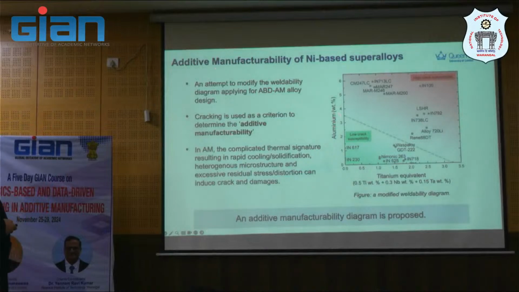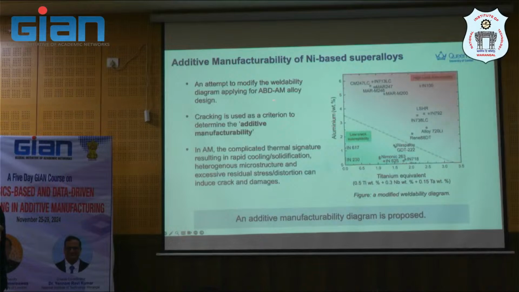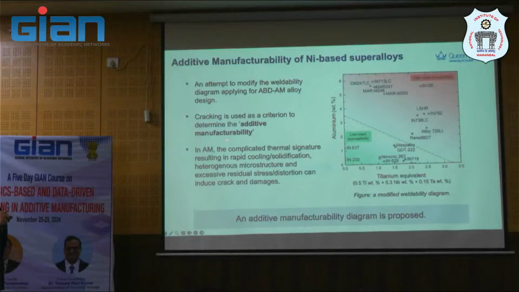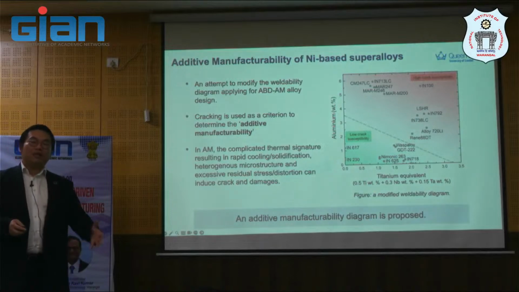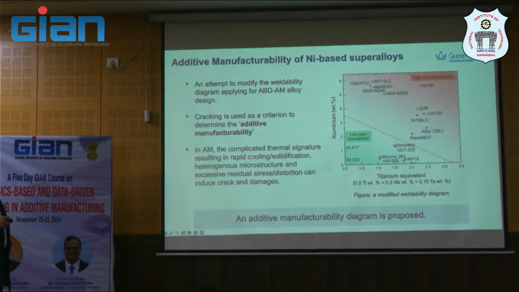And then the next attempt, we modify that diagram a little bit. And then we try to say that we want to use this diagram for additive manufacturing. That is starting point of the link composition and processing. And that's we call this criteria as a cracking criteria, as the criteria to determine manufacturability of the material. So we use this one to indicate by the,